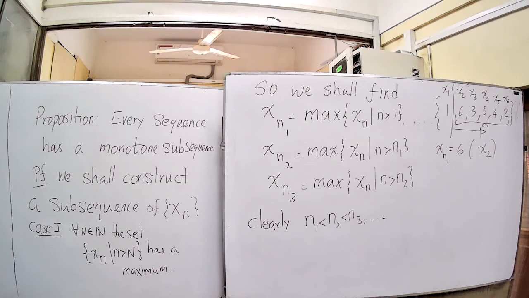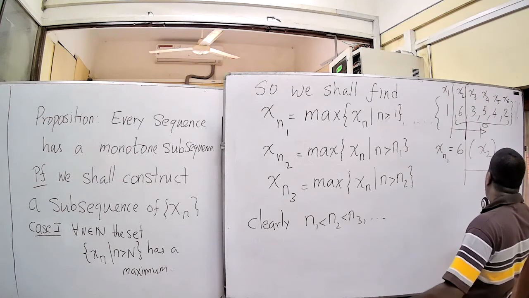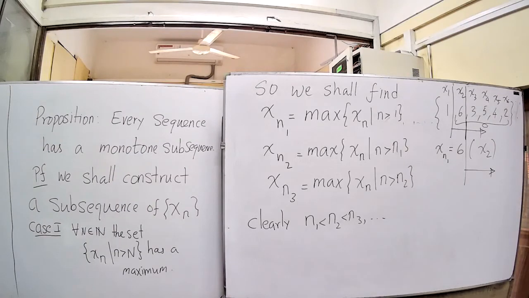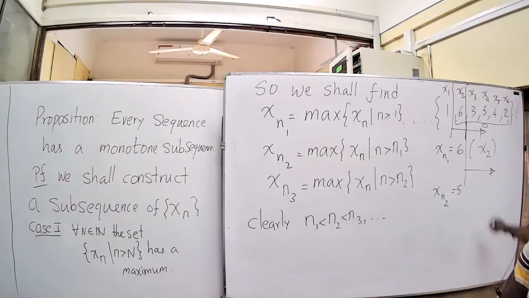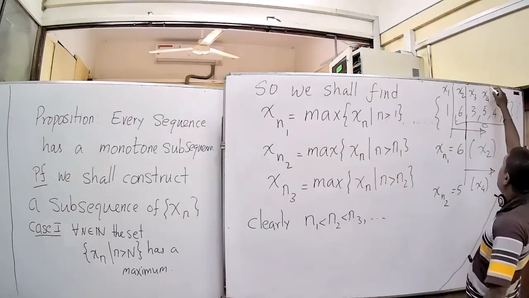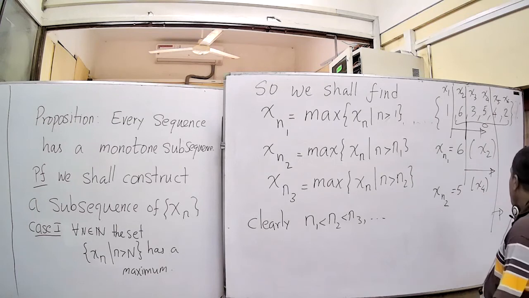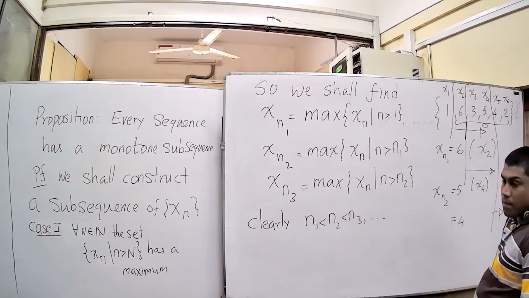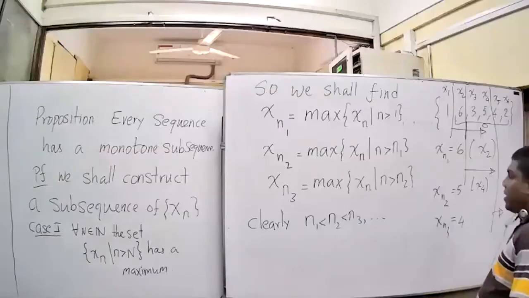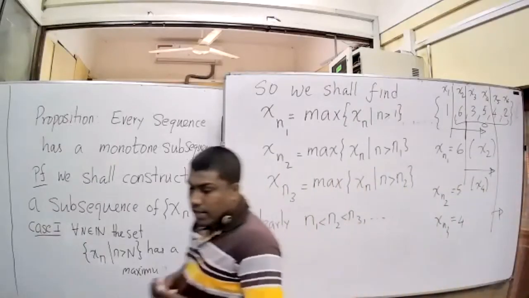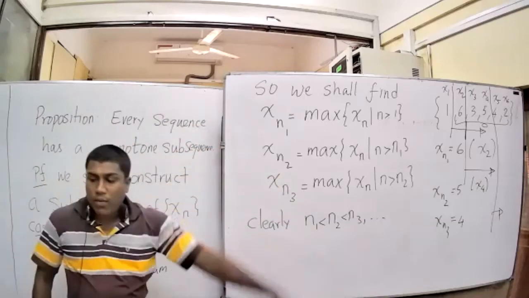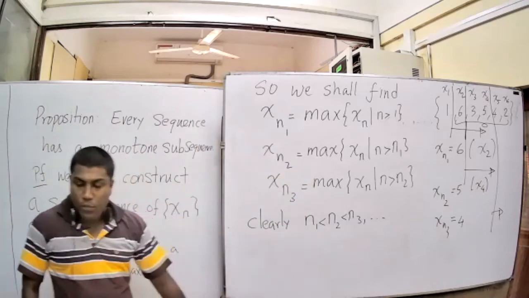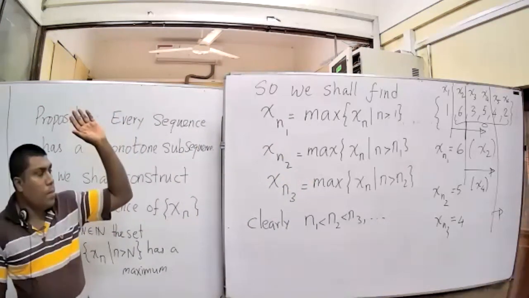After doing that, I go for that 6, and then I go after 6 and take the maximum. Clearly 5 is the maximum, so that is my xn2, and that is actually x4. So I go to x4, and after that I go for the maximum, which in this case is 4. Clearly that is my xn3. Like that I can pick up numbers. So you can see that I take the whole set of the sequence, drop the first element, take the maximum after it, and pick that maximum as the first component of the subsequence. And then beyond that component